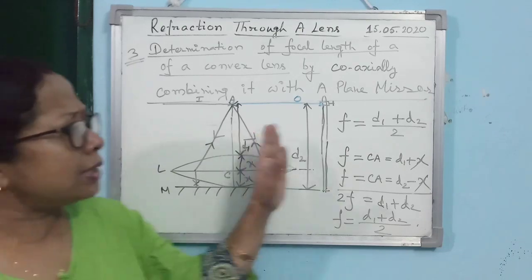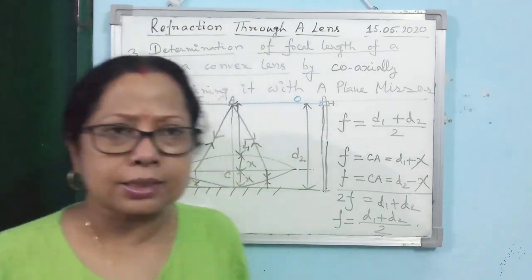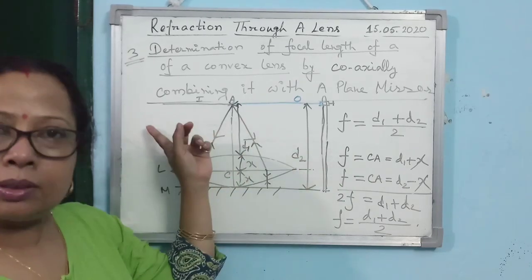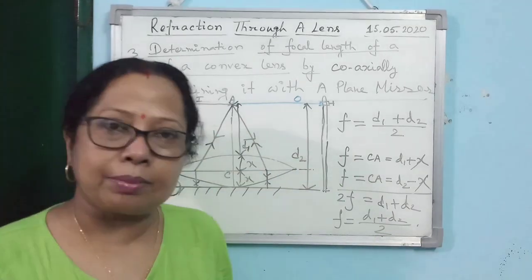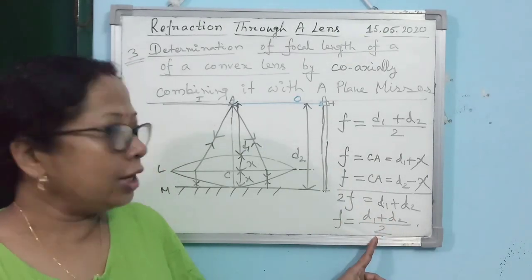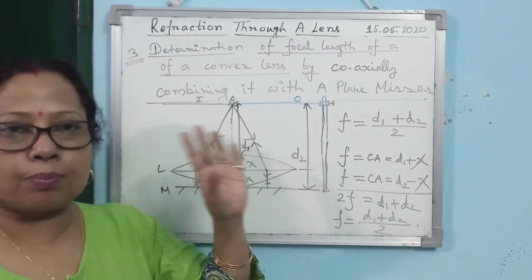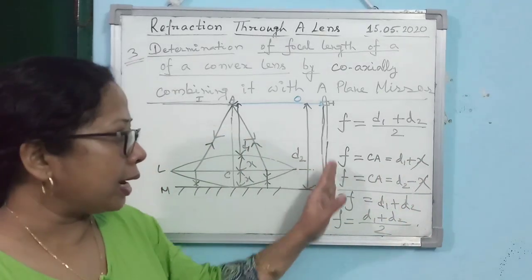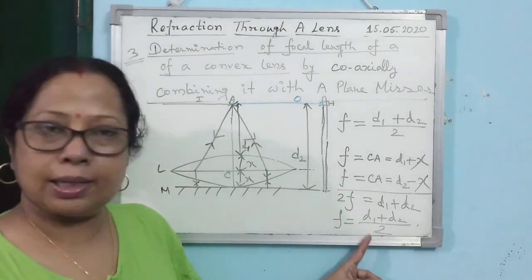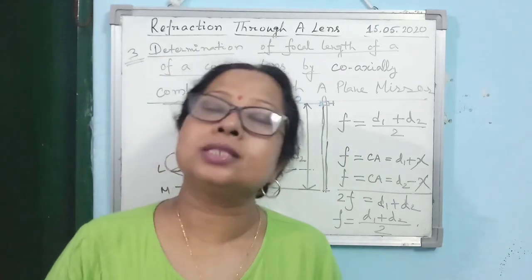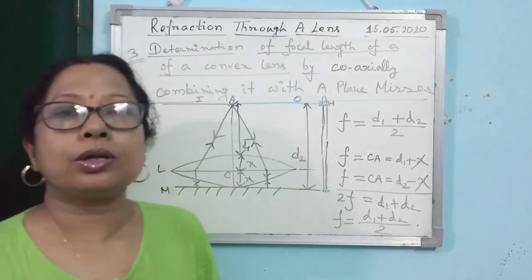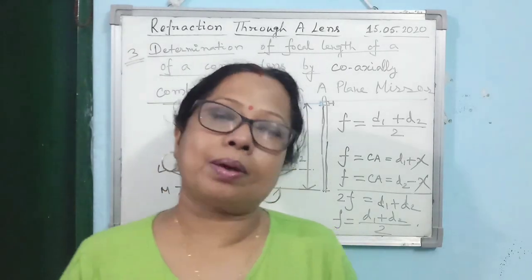Alright? Now these last two topics are important for the board exam. From this topic you learn the diagram. The diagram may come in the exam, and the final result, that f is equal to (D1 plus D2) by 2. If you forget the derivation, there is no problem from the point of view of the exam. But if you can understand and realize it, then it is well and good. But remember the lens focal length. Alright. But the second one is very, very important for the board exam. And all the three probable questions I said, you must learn and remember.